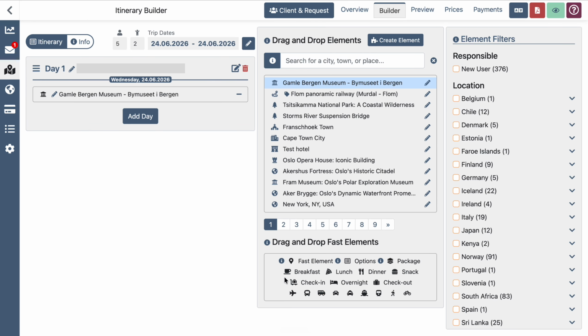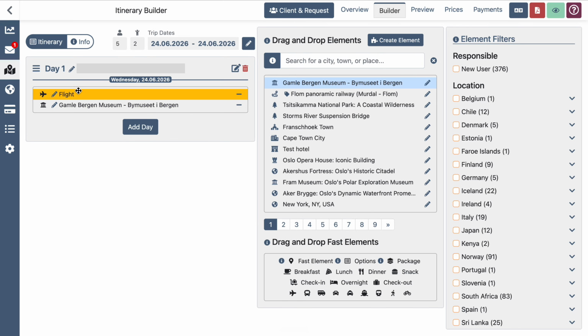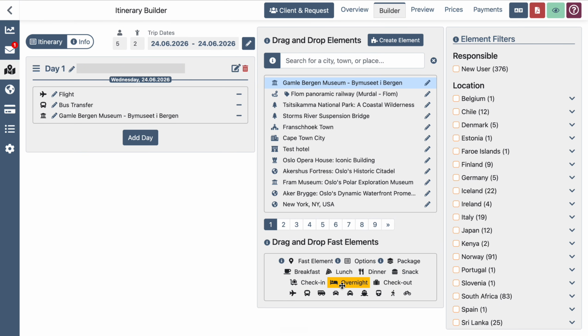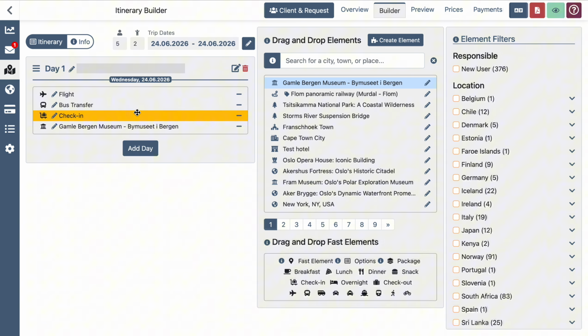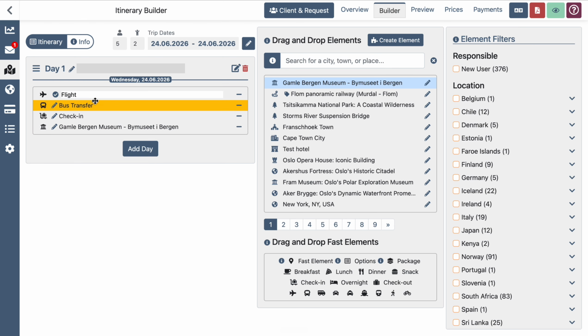These are lightweight placeholders that let you quickly map out the structure of a trip without needing to prepare images or detailed descriptions. Fast elements are ideal for adding flights and other transportation, private transfers, meals, hotel check-ins and check-outs, and many other common itinerary items. Because they are so lightweight, you can draft an entire itinerary in just a few minutes and enrich it with